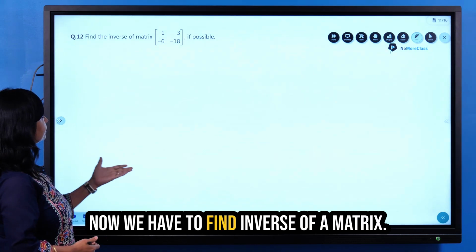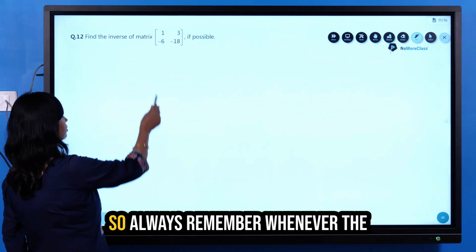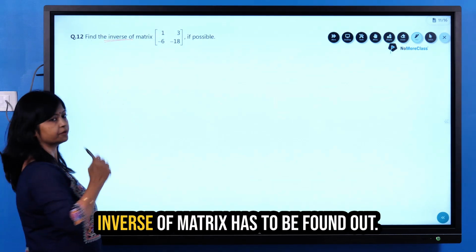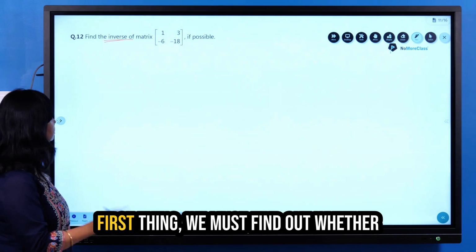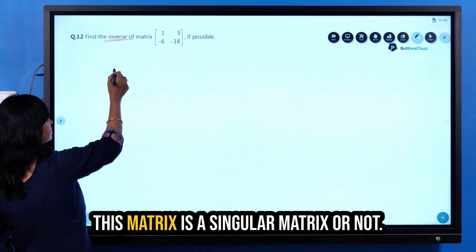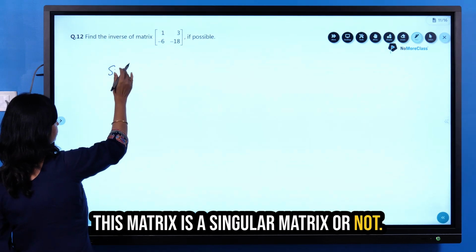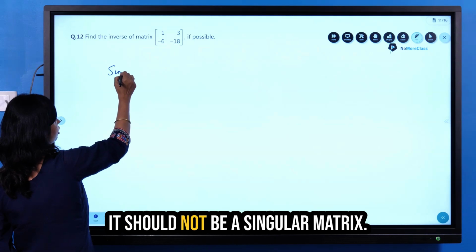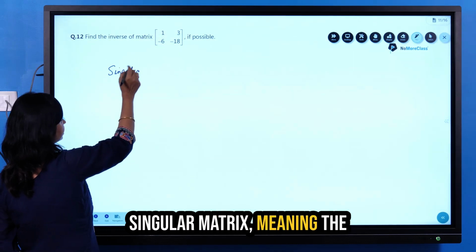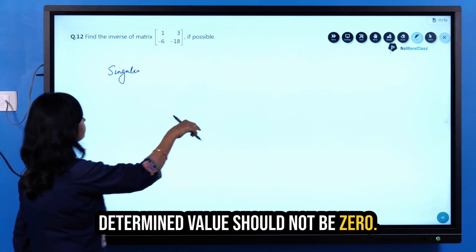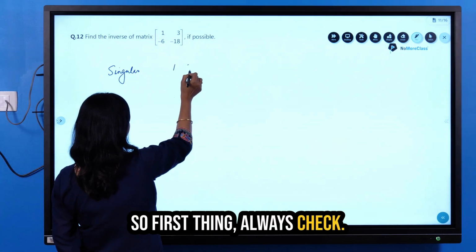Now we have to find the inverse of a matrix. So always remember, whenever the inverse of a matrix has to be found, the first thing we must find out is whether this matrix is a singular matrix or not. It should not be a singular matrix. Singular matrix meaning the determinant value should not be 0. So first thing, always check